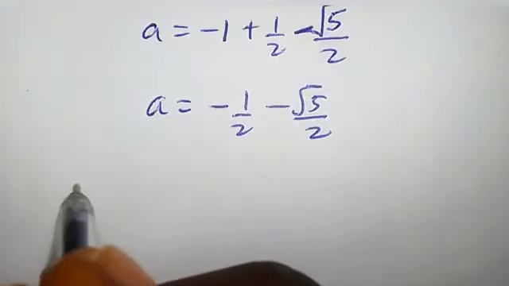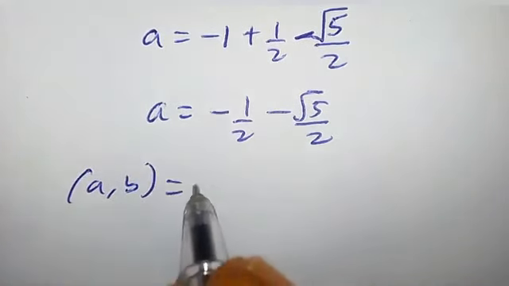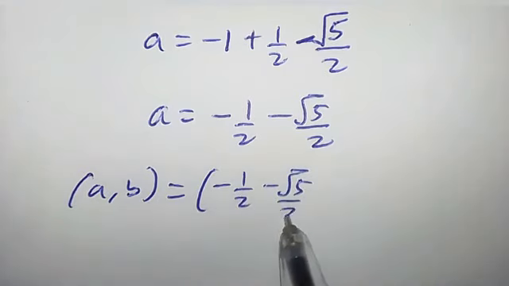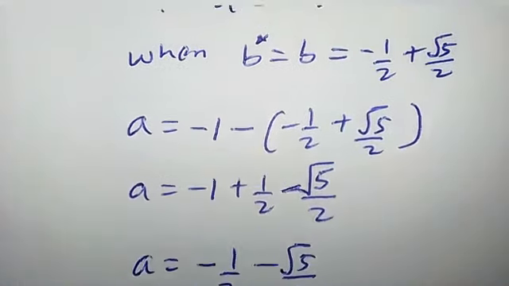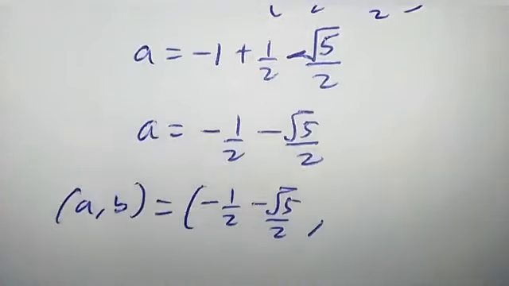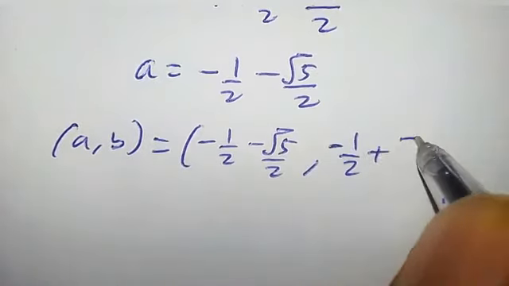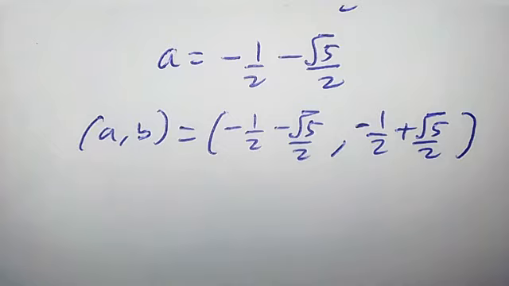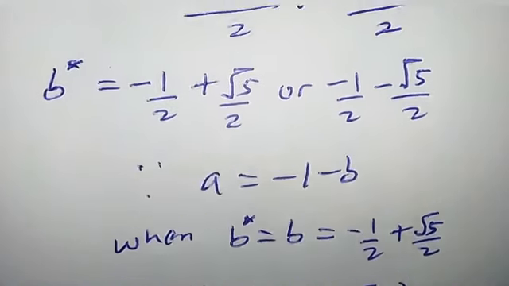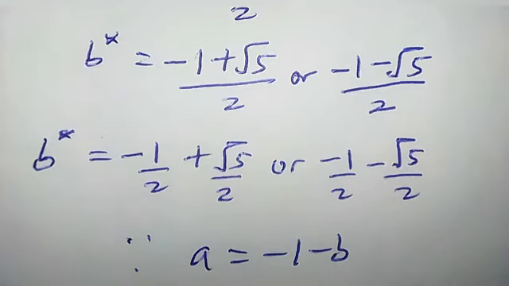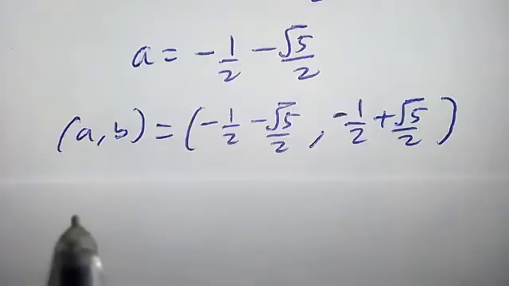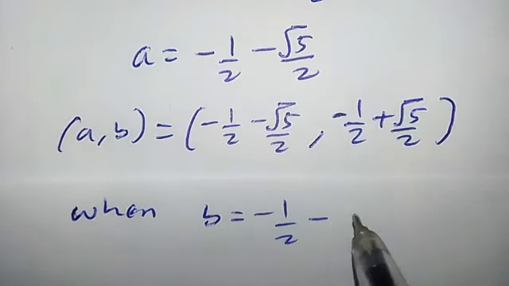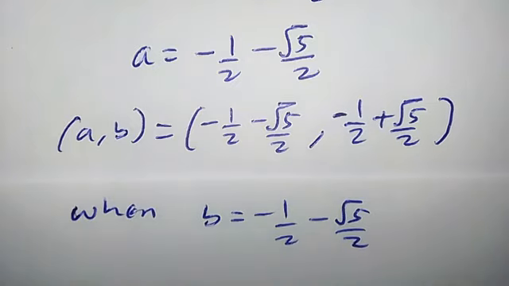Let's put that down. So A comma B is equal to, what is A? This is A, minus half minus square root of 5 over 2, comma, what is B? This is B, minus half plus square root of 5 over 2. This is the third solution. Now for the fourth solution, we now consider when B is equal to this. Let's continue. When B is equal to minus half minus square root of 5 over 2,